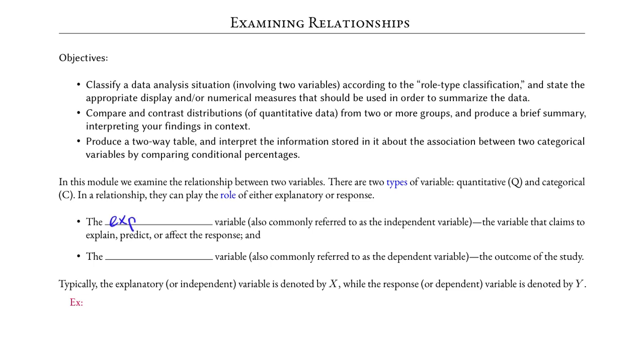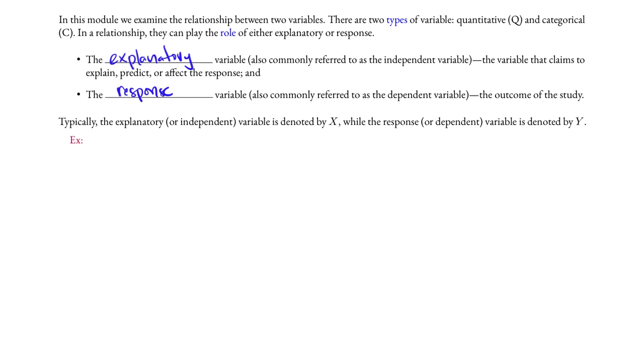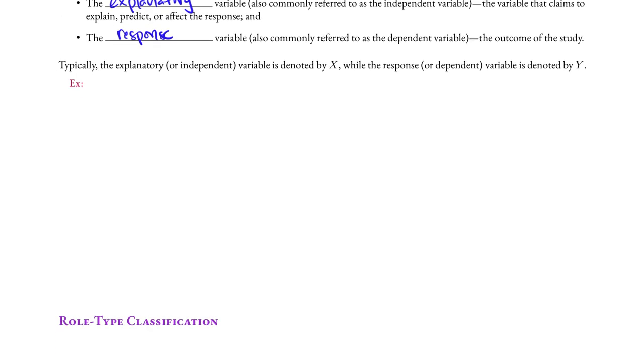An explanatory variable, also commonly referred to as the independent variable, is the variable that claims to explain, predict, or affect the response. The response variable, commonly referred to as the dependent variable, is the outcome of the study. Typically, the explanatory or independent variable is denoted by X, while the response or the dependent variable is denoted by